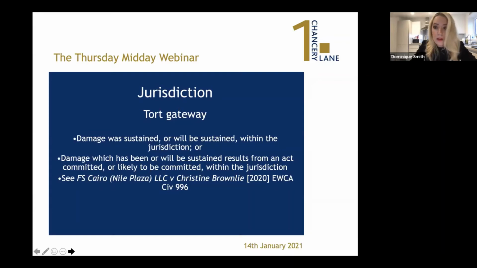Now, in Brownlee 1, the obiter of the majority indicated that there was no reason to think that the authors of the civil procedure rules were contemplating anything other than the ordinary and natural meaning of the word damage, and said that damage could be suffered by the same person in more than one place. If we fast forward to this year, Lord Justice McComb, when delivering judgment in the Brownlee 2 case, said that he felt strongly inclined to follow the majority obiter conclusion in the Supreme Court, and the Court of Appeal did so.